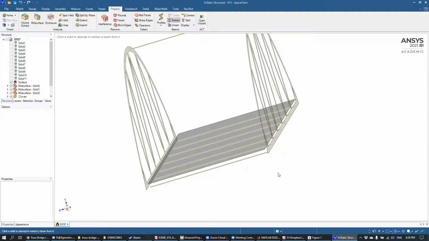Because if you compare a triangle and a tetrahedron, a triangle has a lot less nodes per element than a tetrahedron, and it'll compute things like stresses and displacements a lot more efficiently than